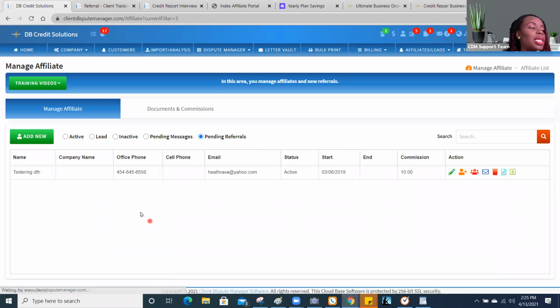Your pending affiliates. You could have some affiliates that want to sign up for your service, or referrals rather, affiliates that send you referrals. You need to make sure that you check it, because this means that they have sent you a referral. This is just a lead. What you need to do,